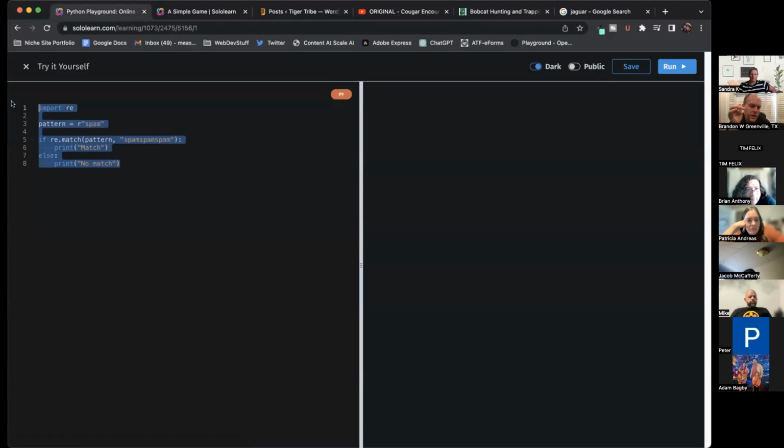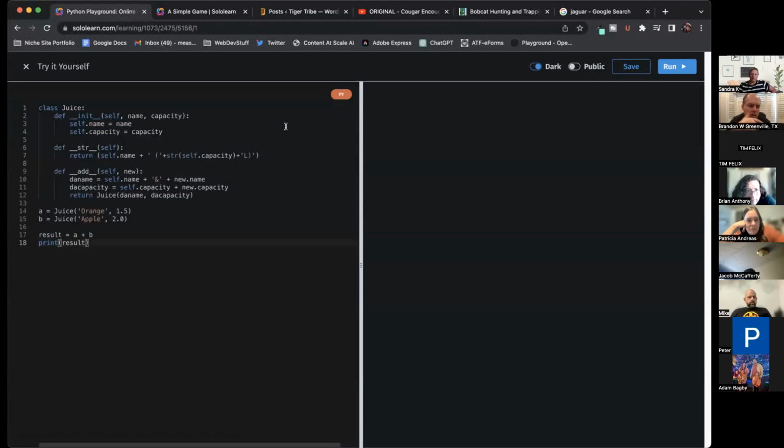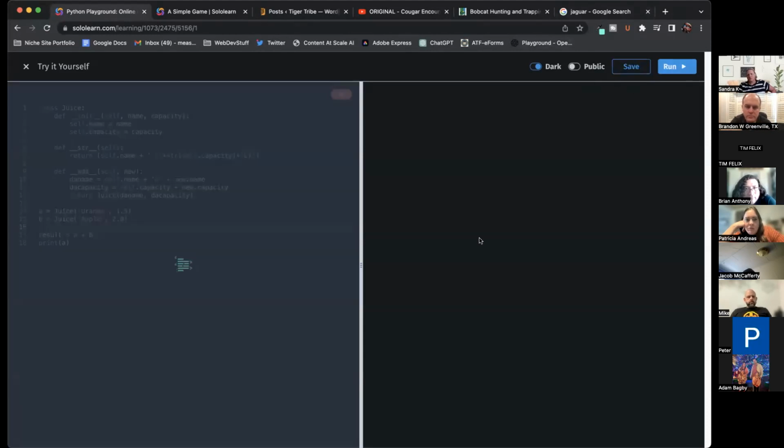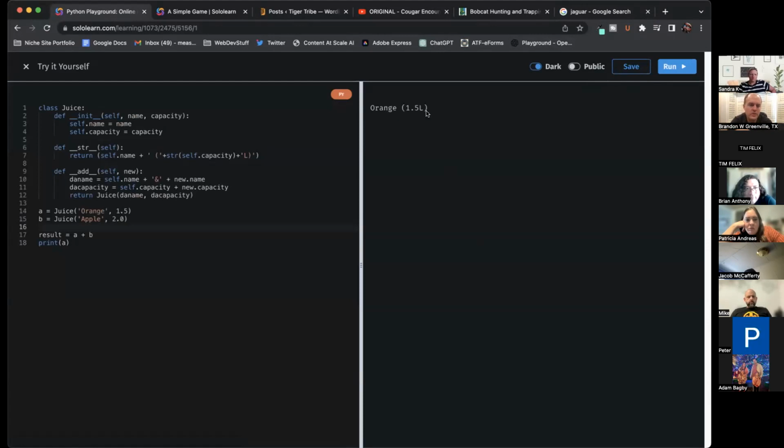Delete that and paste in. Yeah, there. But now change it from result, change that to A and hit run. So as you see, what it's doing is, because you called the print method, since we have a string, so like I said,